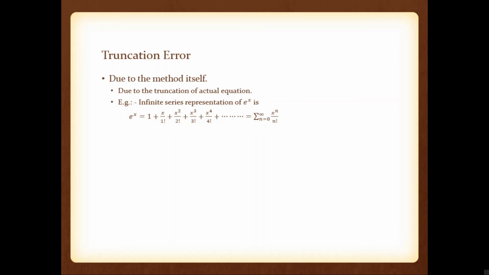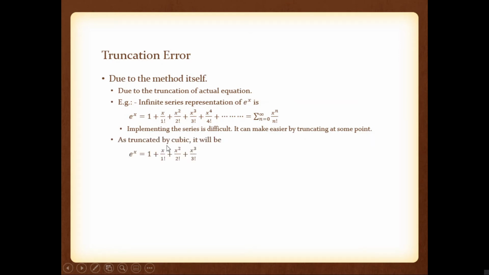Okay, anyway, what I am trying to say is, if you are calculating e raised to x, the one shown is the actual expansion of e raised to x. If you truncate at the cubic term, meaning you calculate up to x raised to 3, then the remaining terms are removed. These are the error. It will give the answer, but this one is not an analytical answer. This one is a numerical answer with an error equal to this value. So it is known as truncation error.